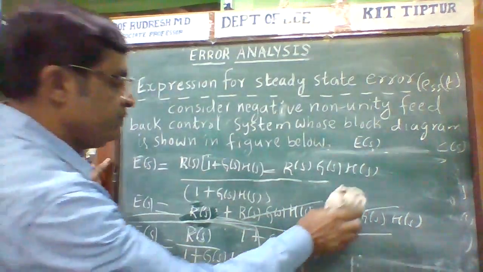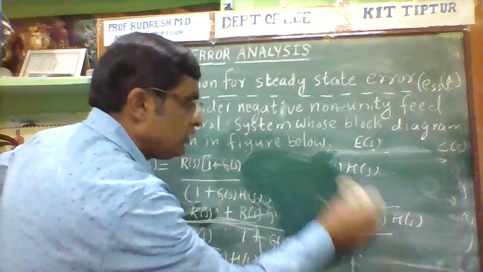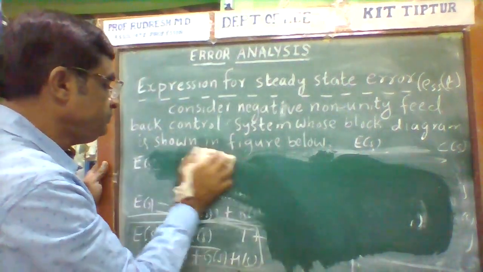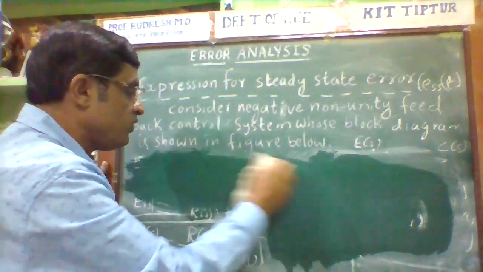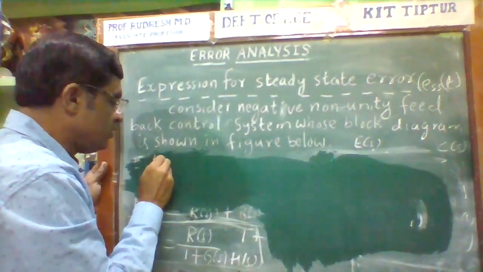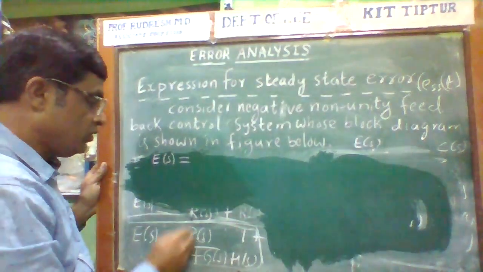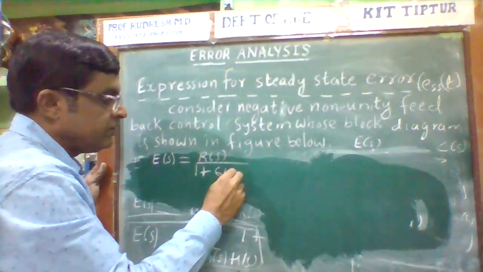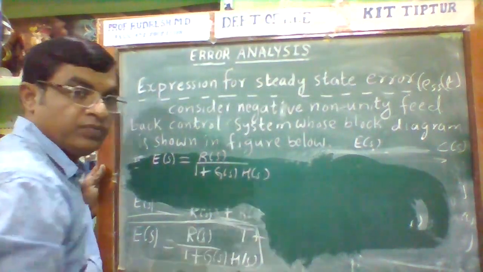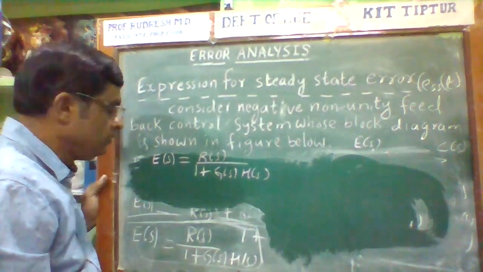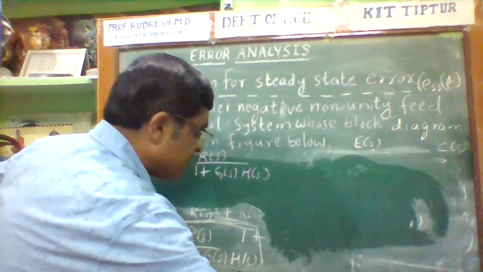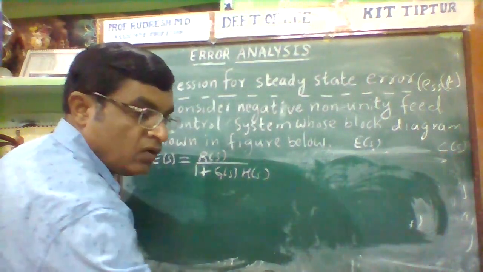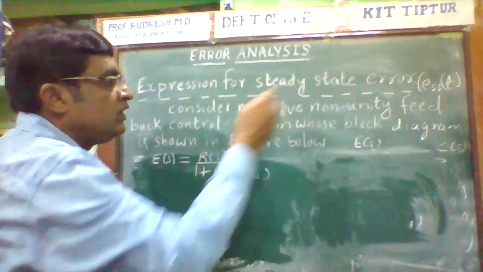Now I want to calculate the steady state error. E(S) value is equal to R(S) divided by 1 plus G(S) into H(S). Now this is the way of calculating the E(S) value. Now the steady state error